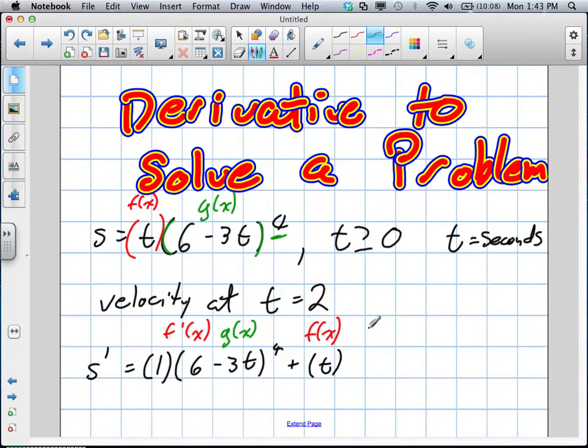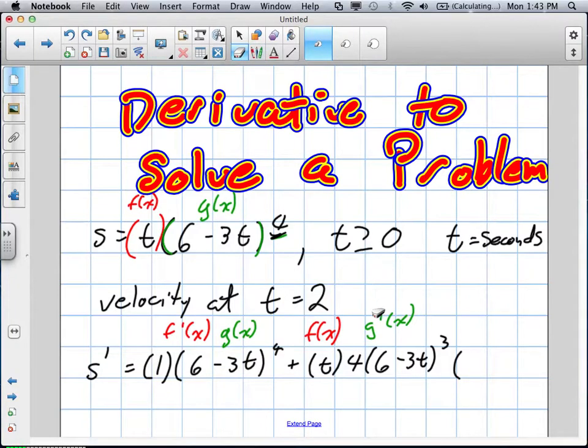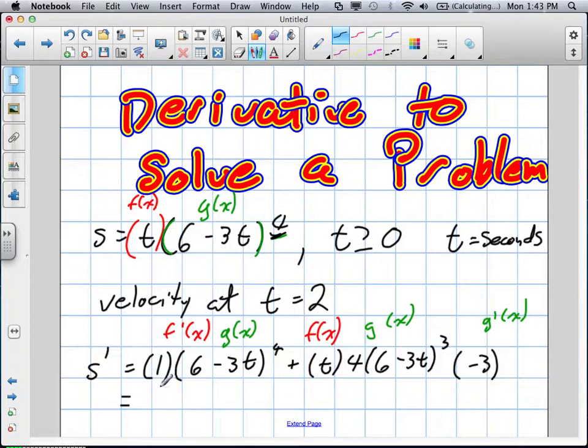Now g prime, because this is a power of a function, there's two steps to this. We bring the 4 down and leave what's originally in there. So we have our 6 minus 3t to the power of 3. Actually that's not technically g prime, that's just g x. And then we find g prime. We actually derive what's underneath inside those brackets, which is going to give us just what number? -3. We're then going to equate this, so this becomes 6 minus 3t to the power of 4